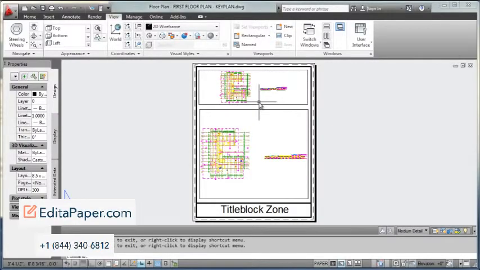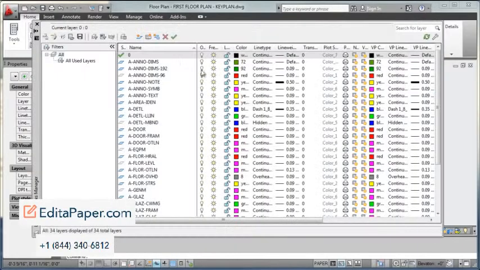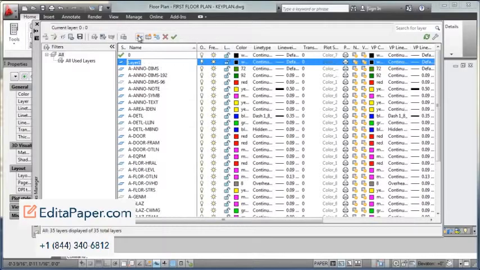And then from here, I want to put these viewports on a no plot layer. You can use Defpoints. People have used it for years. I don't suggest it. I think it's a better idea to create a new layer specifically for content that doesn't plot. So following AIA naming standards, I'll go with A-NO-PLOT, and I'll turn off the plot property for